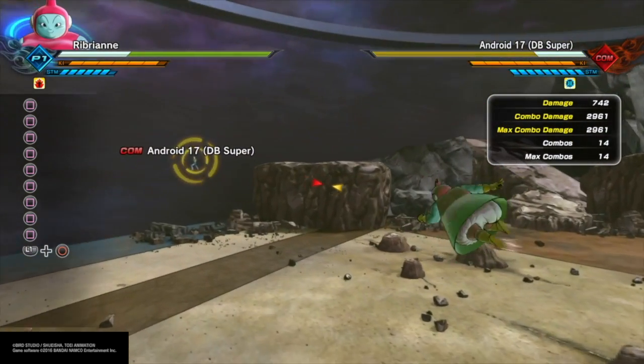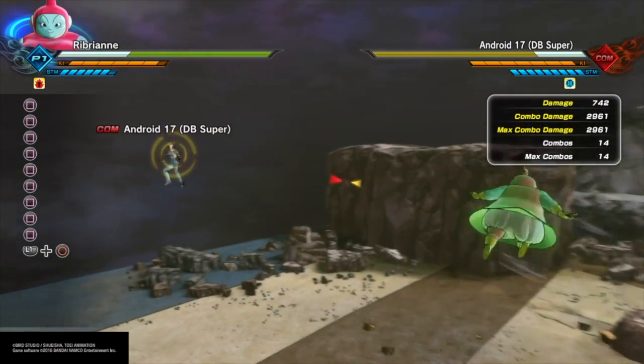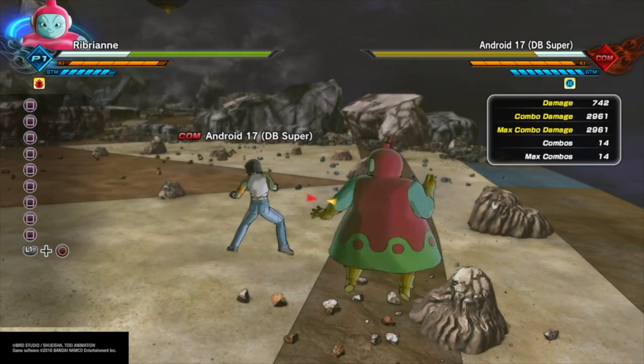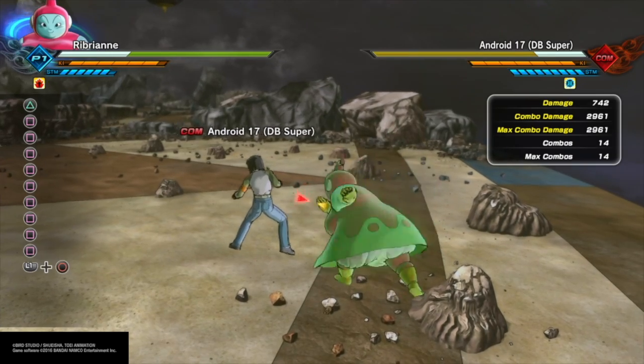As you can see, she gains a power up for every combo. You'll see as we move on further to the showcase. So that's her all light combo. Let's move on to the all heavy combo. Of